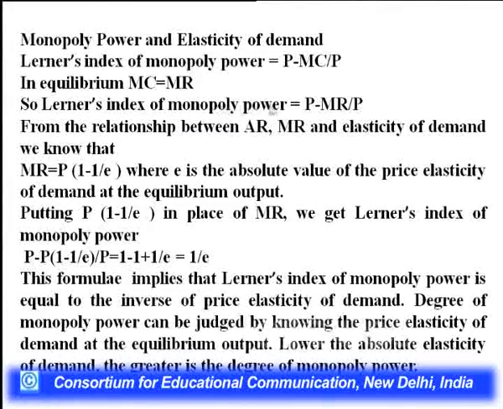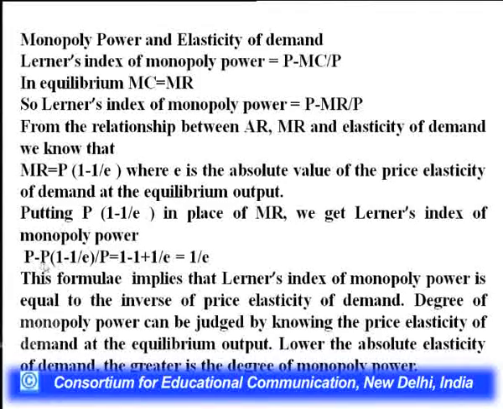Therefore, Lerner's index of monopoly power would be equal to P minus MR upon P. From the relationship between AR, MR and elasticity of demand, we know that marginal revenue is equal to price multiplied by 1 minus 1 upon E, where E is the absolute value of the price elasticity of demand at the equilibrium output. Putting P into 1 minus 1 upon E in place of MR, we get Lerner's index of monopoly